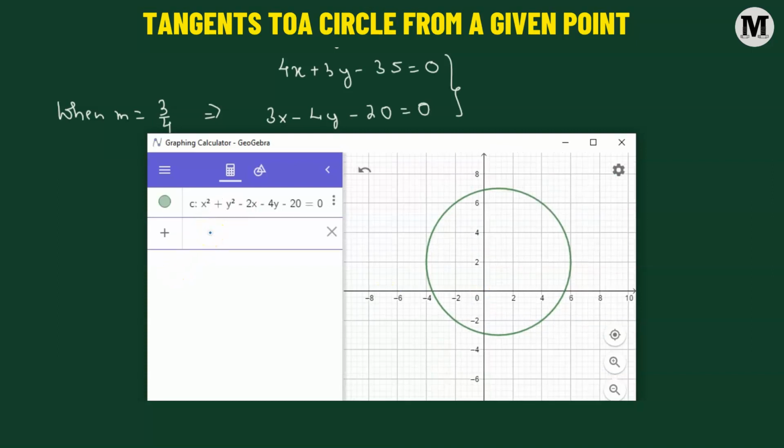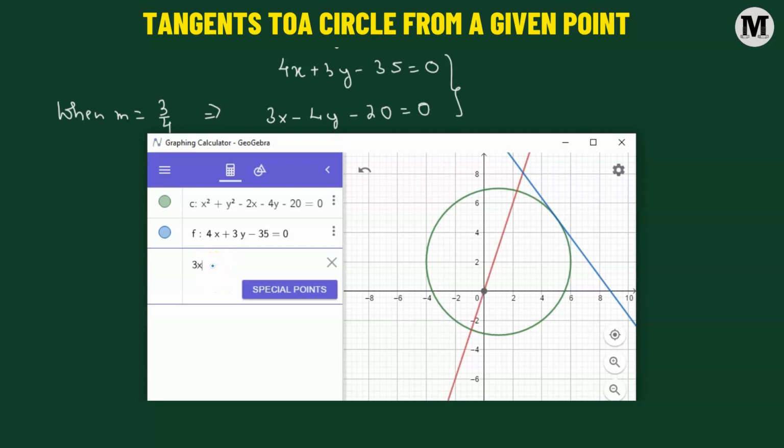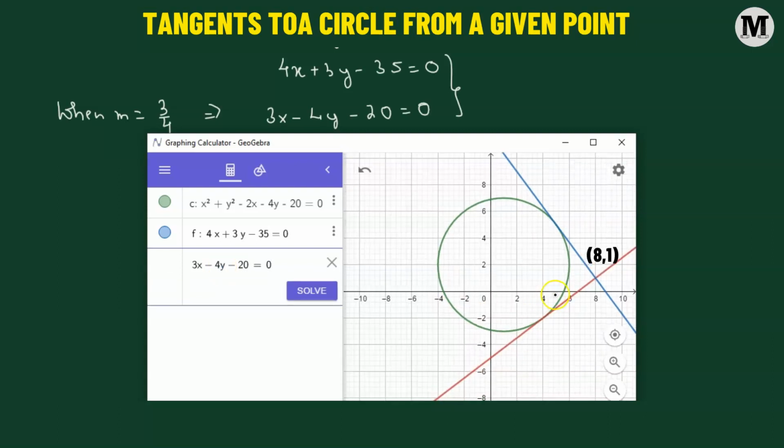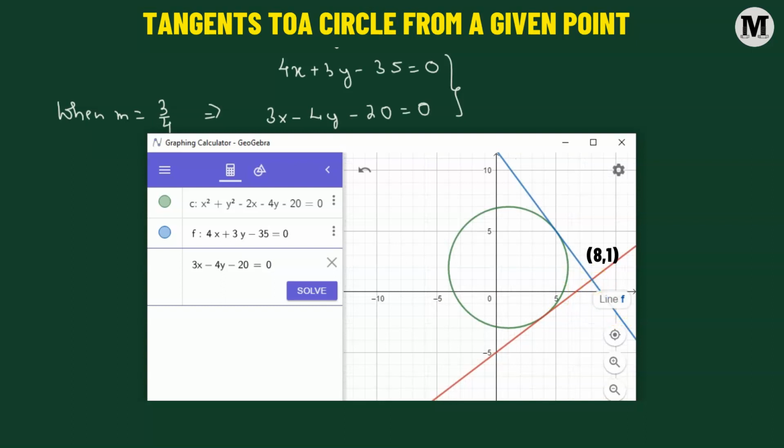Now we will consider the two equations of the tangent lines. The first one being 4x plus 3y minus 35 equals to 0. And then we have the second tangent line 3x minus 4y minus 20 equals to 0. So here we can observe the two lines that are tangent to the circle, and also both the two tangent lines are passing through a common intersection point, which is 8,